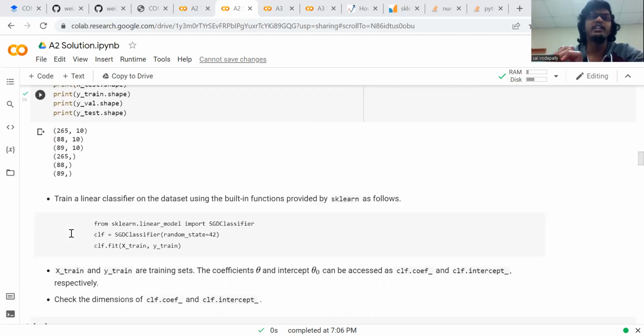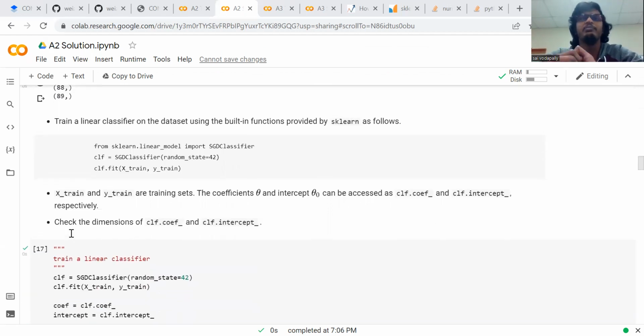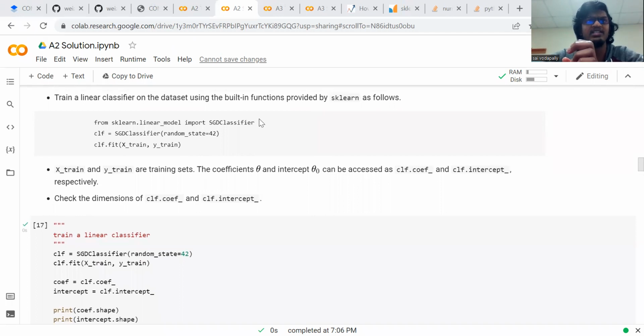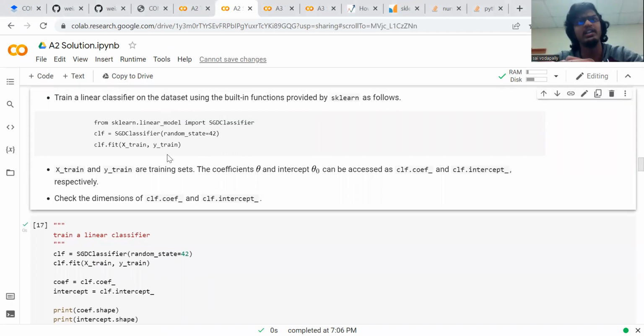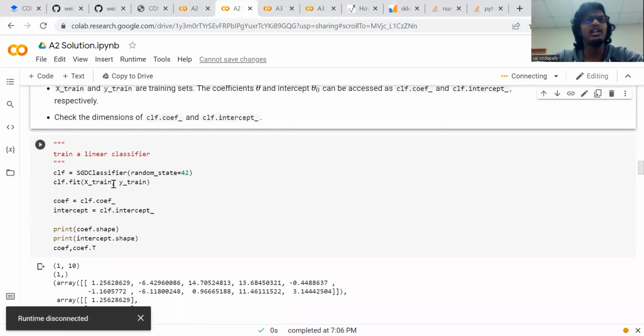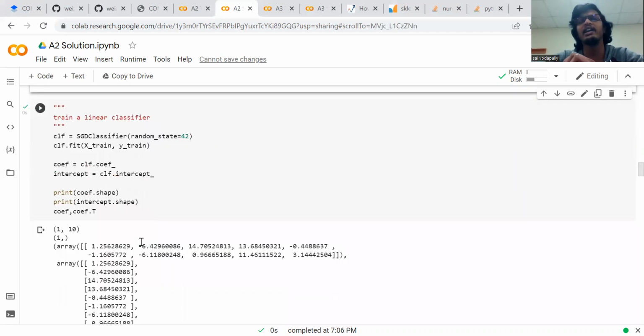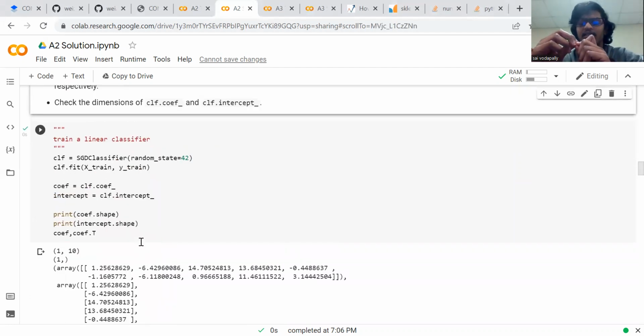Then the next step was to import the SGD classifier, which is the stochastic gradient descent classifier. We're going to train our linear model using SGD. We already loaded the SGD classifier library initially. Now we're going to use the training samples to train the model. Once we train the model, we're going to extract the coefficient and intercept of the fitted line,